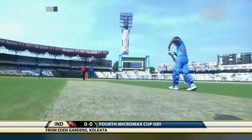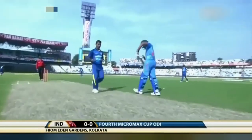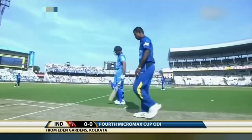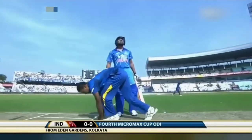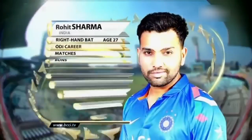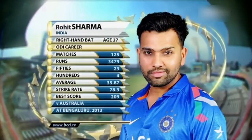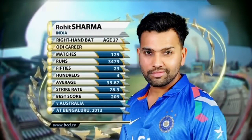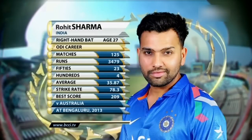Match then, and it is Rohit Sharma who comes into the side. He's been out for a couple of months. He damaged a finger in the match in Cardiff, long way away from here, and that was in the one-day series. So he's been out, and he's going to open the batting. And he's got a decent set of numbers, averaging 35, strike rate at 78, and that incredible innings at 209